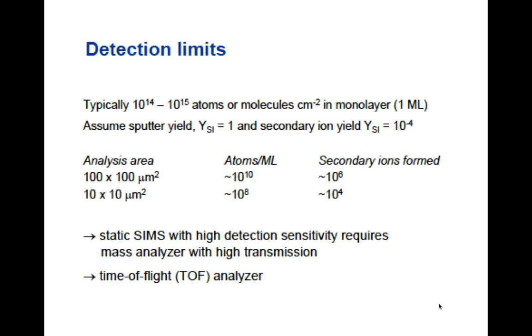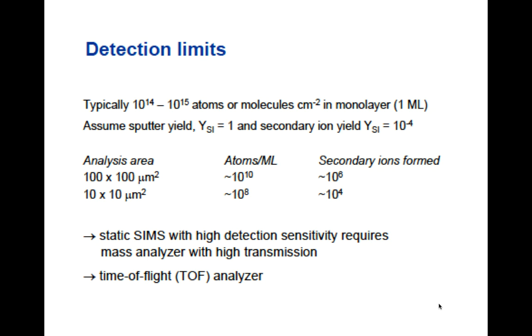For the detection limits, you can form up to maybe 10 to the 6, 1 million secondary ions in those examples, and 10,000 ions. So, of course, static SIMS requires a mass analyzer with high transmission,